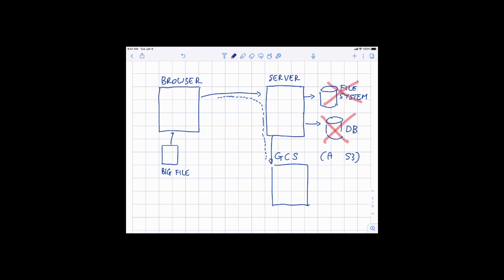This is quite silly. Again, the bandwidth to our server is an expensive resource. We should not waste it to get a giant upload that we're then just gonna store somewhere else. The better way is to essentially redirect these in some way and have our browser store stuff directly into Google Cloud Storage. So our goal is the following. We want to be able to use our server to orchestrate all the data transfer, but we want the browser to upload and download files directly from Google Cloud Storage.